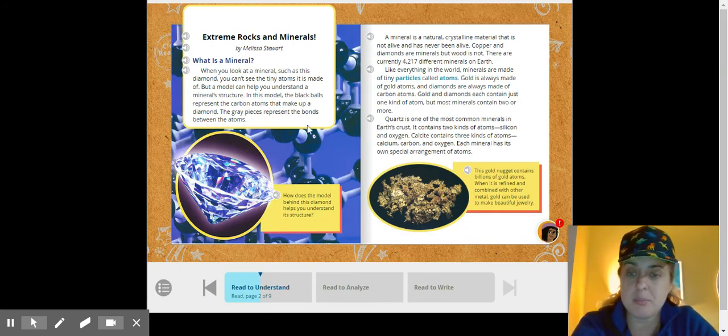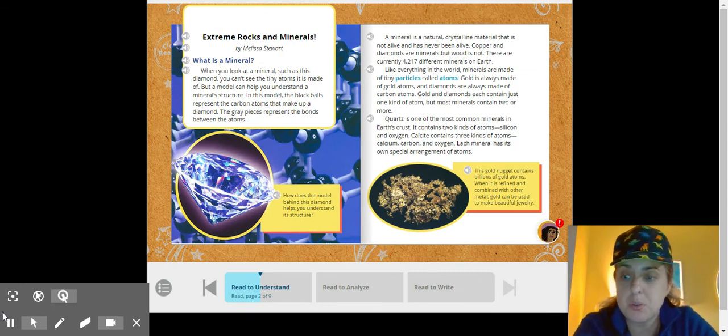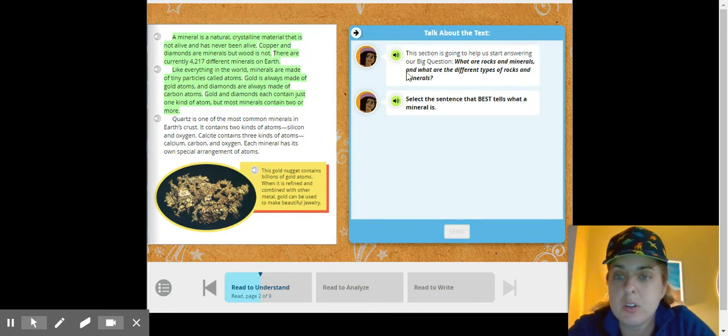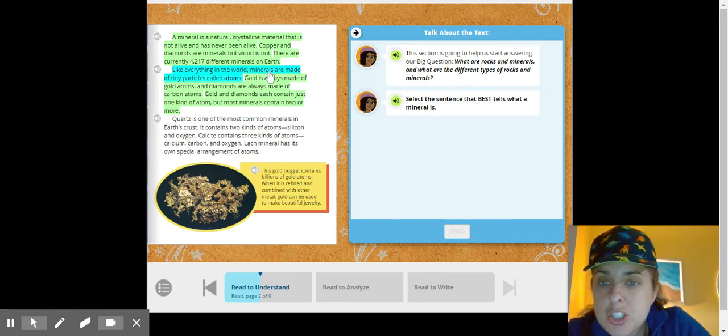So we've got some different images to look at, and now we have a question that we're going to come up to. When we're looking at picking the best sentence that tells us what a mineral is, we really need to choose one that tells us about more types